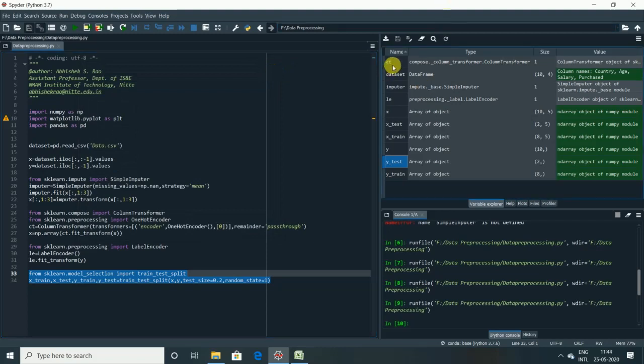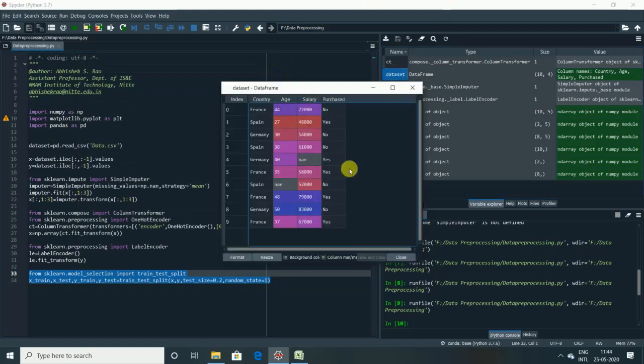So you can see in the data set that age and salary, even though they are continuous, some ages are very low, 27, some are very high, you can see 50, and also in the salary, you can see 72,000, 48,000, 54,000. There are a lot of variations in the salaries as well as age. So these two attributes have to be feature scaled. But I'll tell you, feature scaling is not mandatory in all data pre-processing. Only if it is required, you can do it.